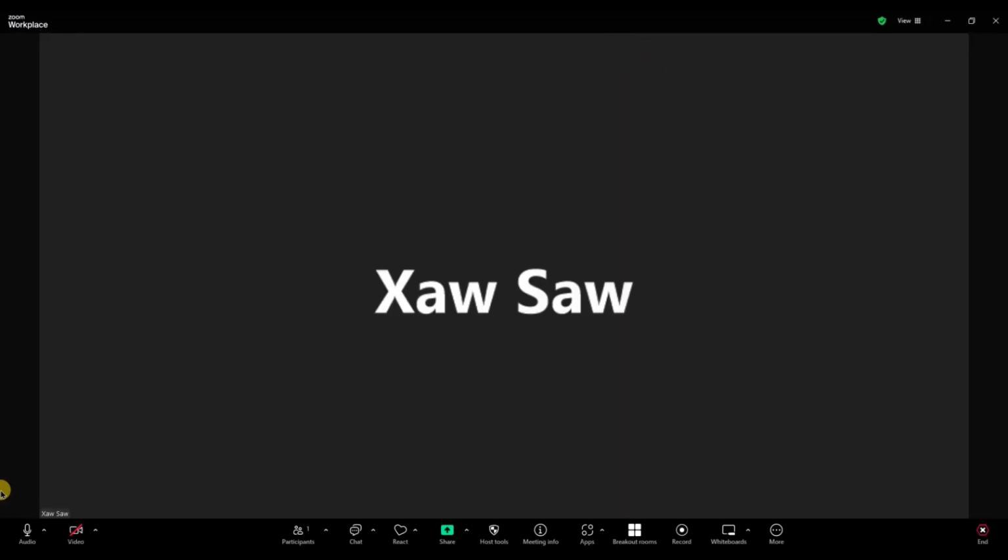When you are inside the meeting window, look at the bottom left corner. There you will see a small microphone icon. If the mic is on, it will appear without the red line. To turn off your mic, just click on that microphone icon and it will show a red slash, which means